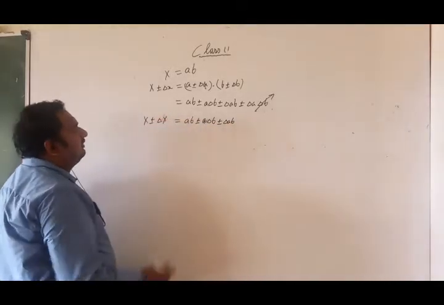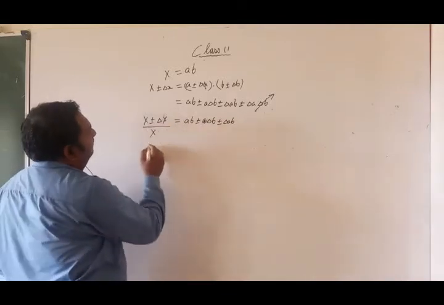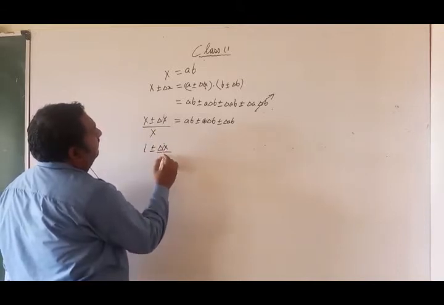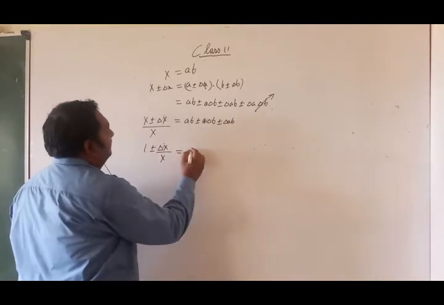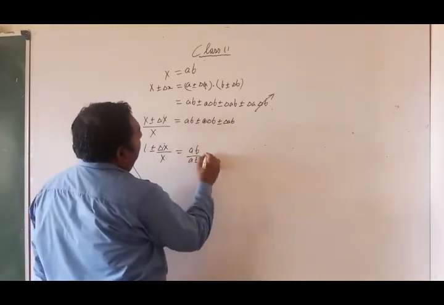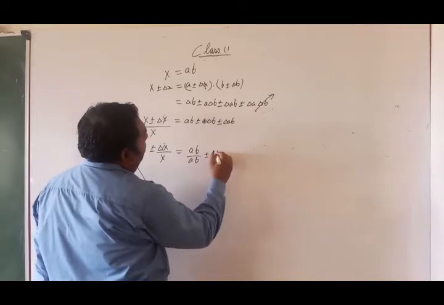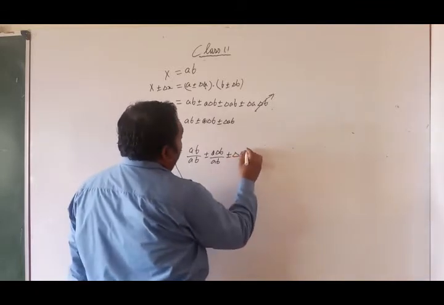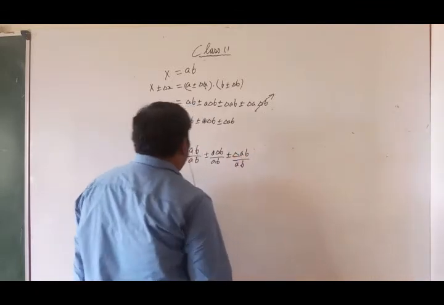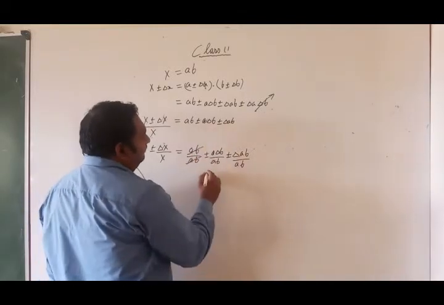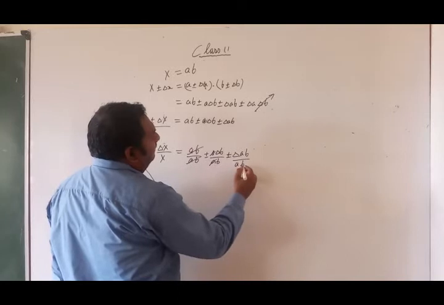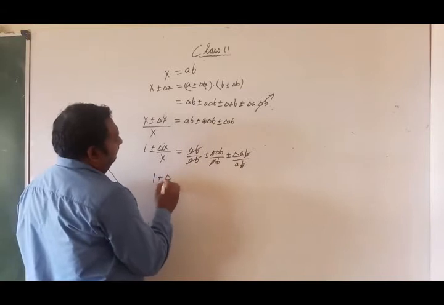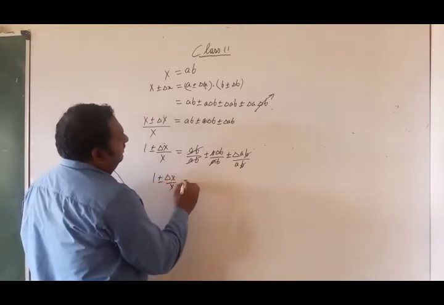Now if you divide this quantity by x, what happens? This will be 1 plus minus del x upon x. So it will be AB divided by AB plus minus A del B divided by AB plus minus del A B divided by AB. Okay, so this quantity cancels out. Here this A and A cancel out, here this B and B cancel out. So we are remaining with the result 1 plus minus del x upon x equal to